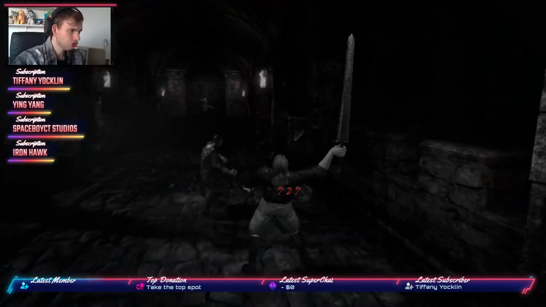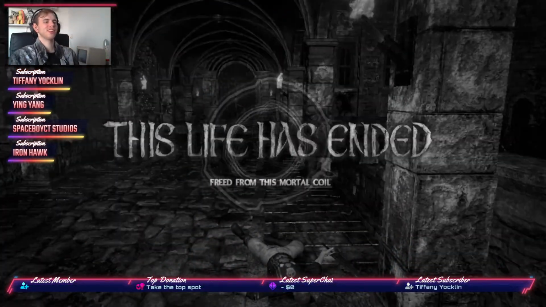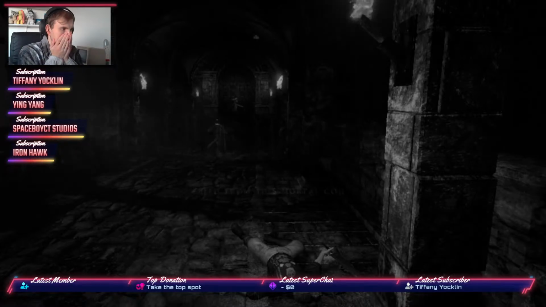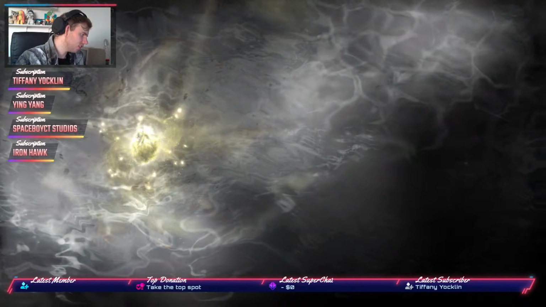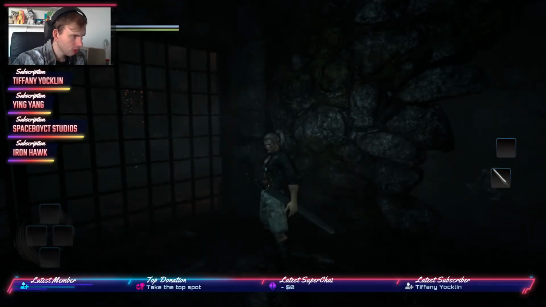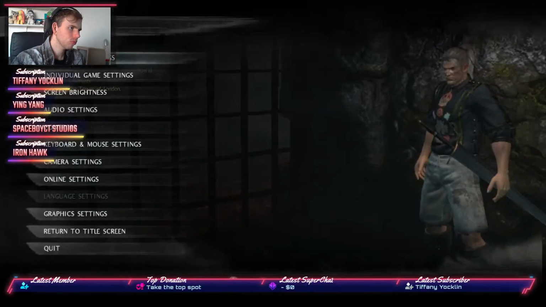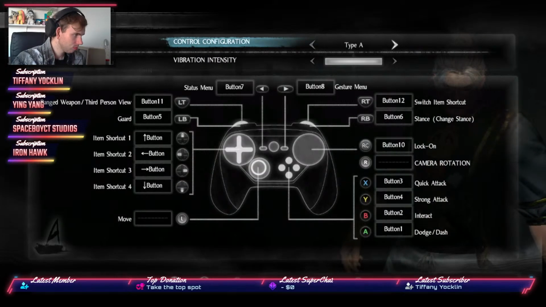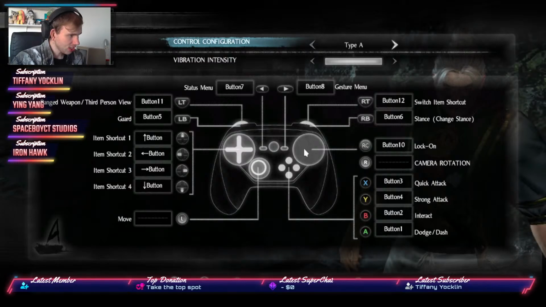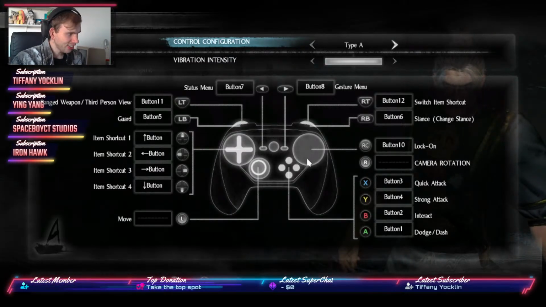Oh my god, can I just lock on to these guys? The problem with this is also that if I wanted to lock onto these people, let's just check out the controls. See, this right here, this is what you need to lock onto these guys.